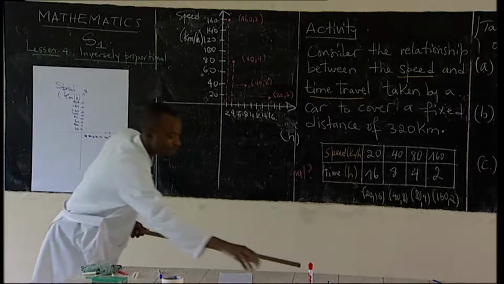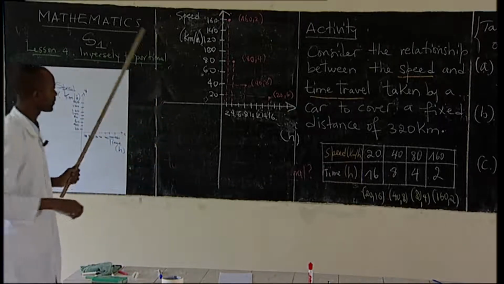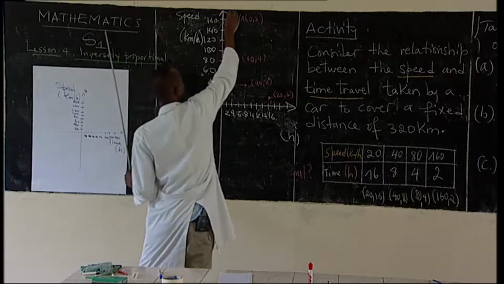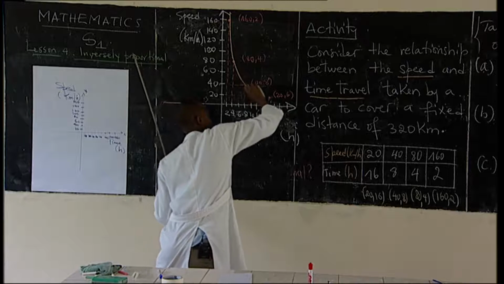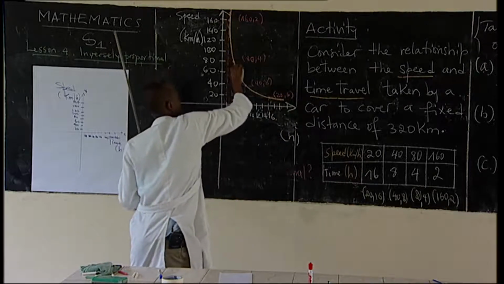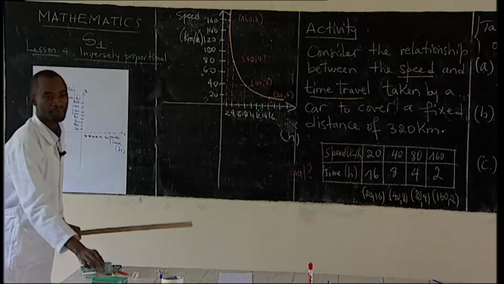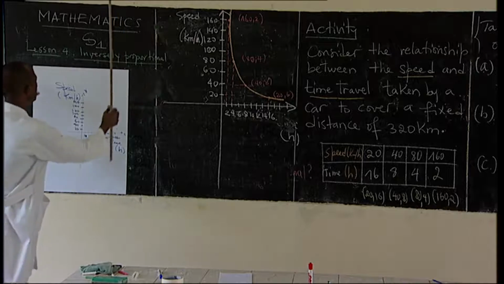We are going to plot the graph from the points we've found. When you try it, you will see we get a graph that has to look like this. This is our graph. Okay? And if you remember,